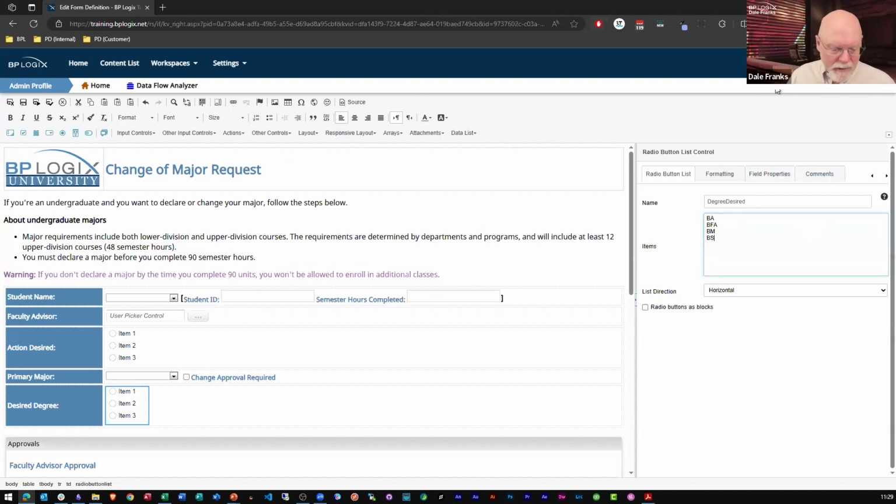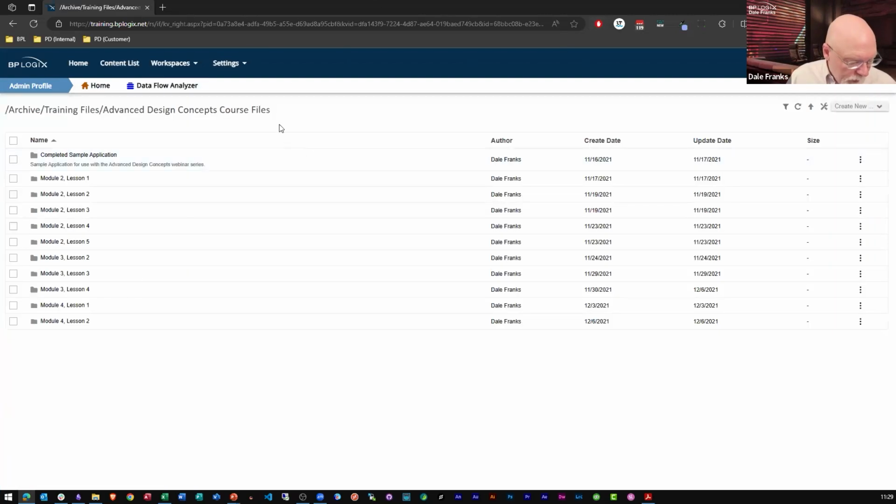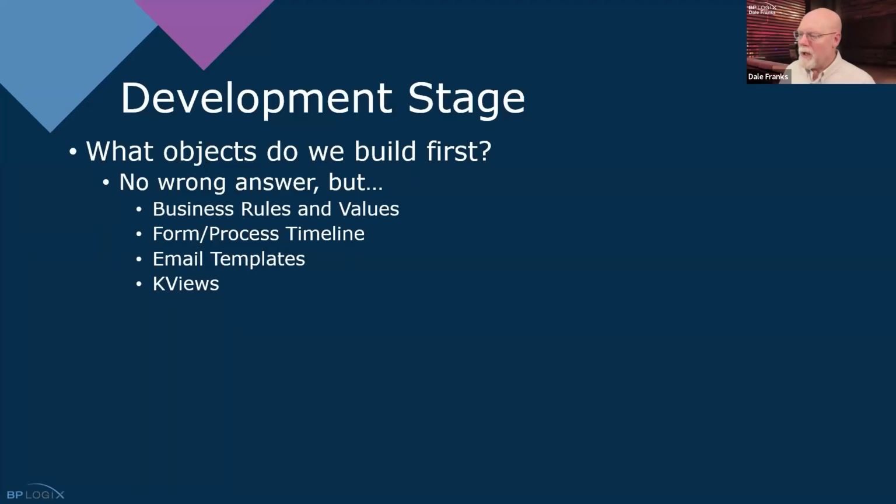And obviously the decision that you make there will determine, as we've mentioned, the order in which you build things. Obviously, if it's a drop down, you're going to want to build that drop down.